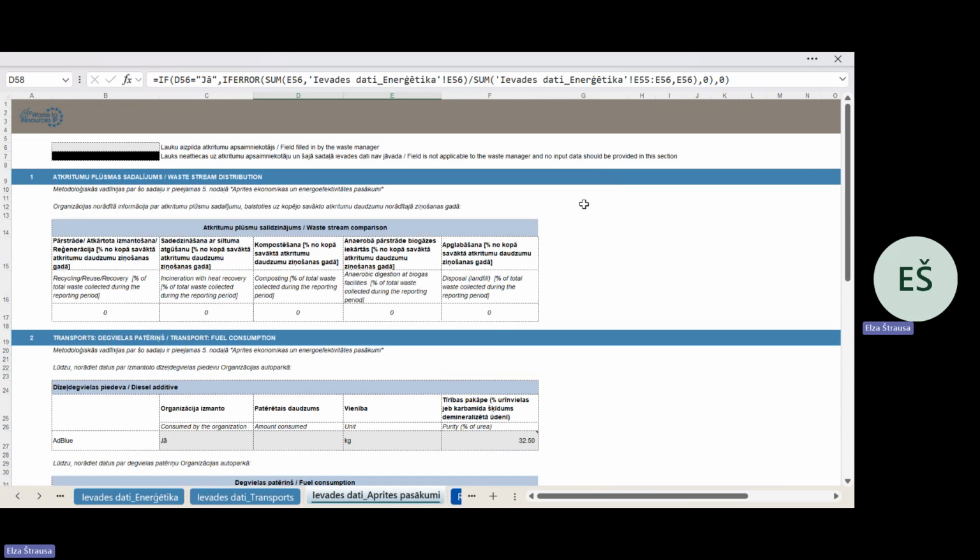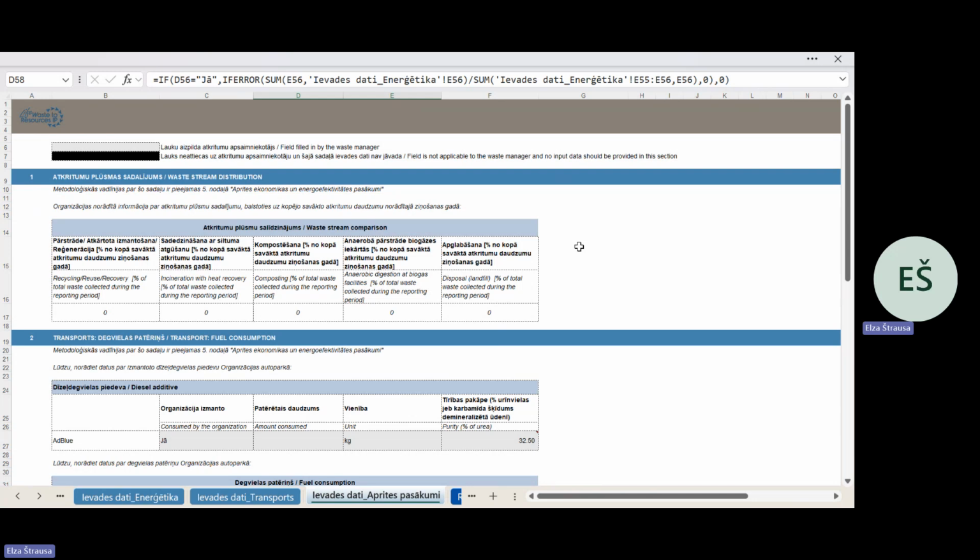Regarding circularity and energy efficiency measures, this section is developed outside of IPCC guidelines, taking into account the different market developments and biofuel use and other activities. This section allows you, firstly, as an organization, to see the waste stream comparison. It allows you to track and monitor and also set any type of targets for waste stream